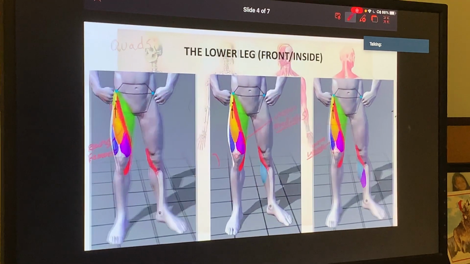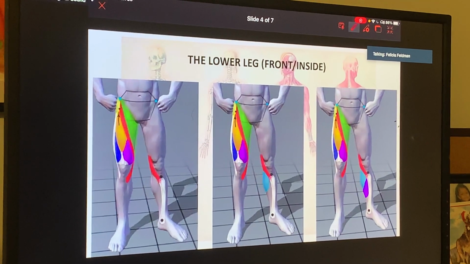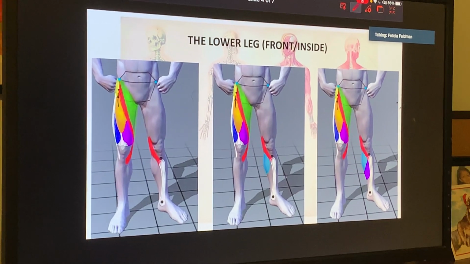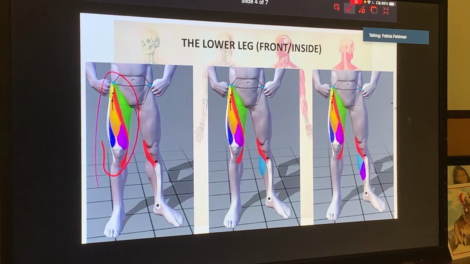So now we have the lower leg from the front and the inside. I just kind of left this one here because why not? It'll help